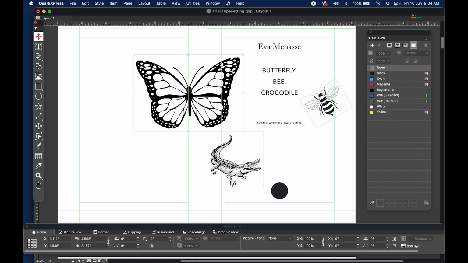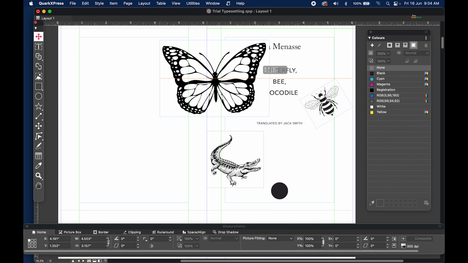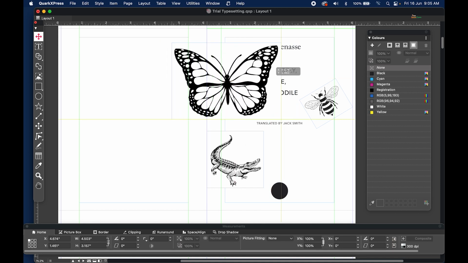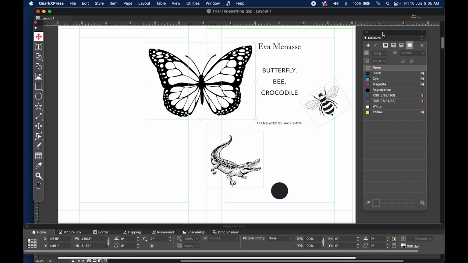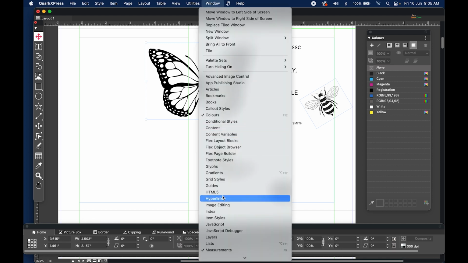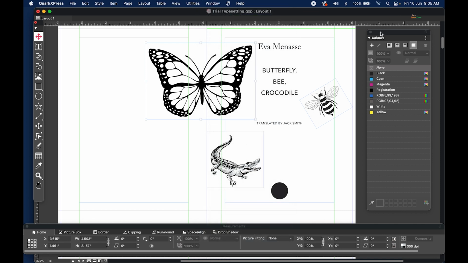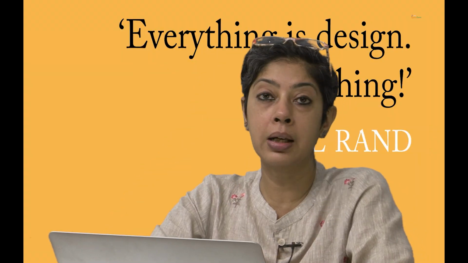Now, the other problem you are noticing perhaps already is that now when I'm bringing the butterfly close to my text, the box of the butterfly seems to have a color which is in fact obscuring the text. So in order to fix that, the first thing that I do is I make sure that my color palette is open from the window option, right? The same place where we got page layout, we now have a color palette option. Please keep that open on the side. Whenever you are interacting with the colors in any